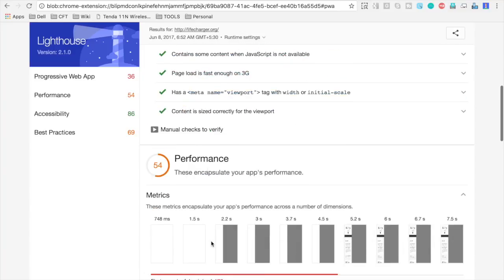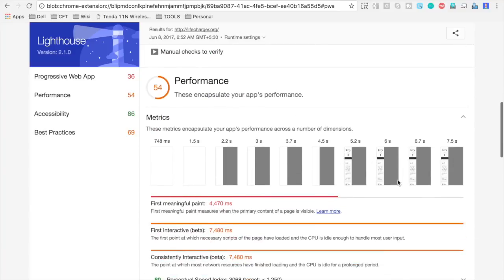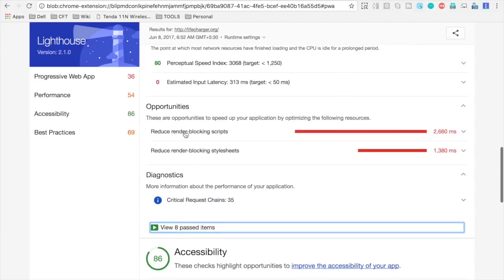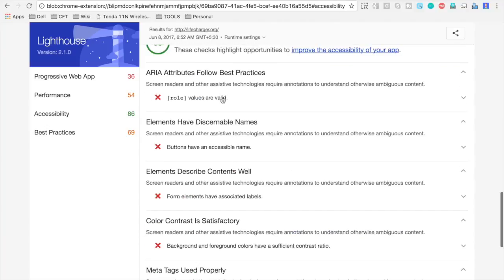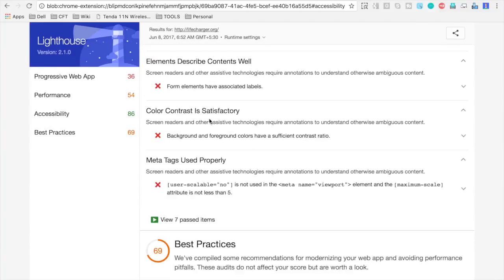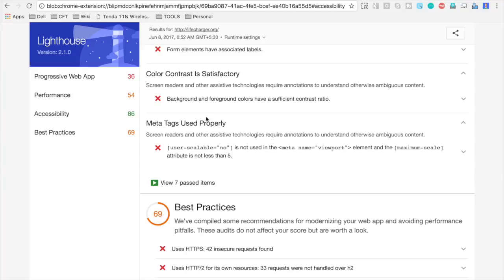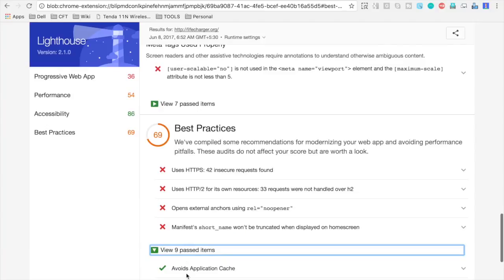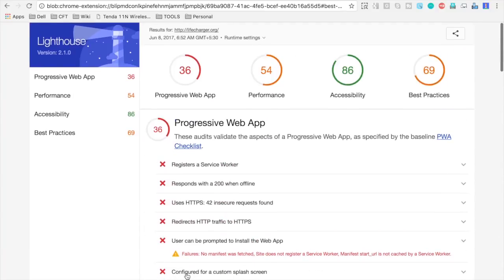Similarly, if I go to performance, I can get really good metrics on my website, and there are some really in-depth analysis and pointers. So whether you are testing your website or even if you're developing your website, all this data will be very useful. And similarly, if I go to accessibility, all these attributes you can see what is pass, what is fail, and what all you need to do to improve the quality and performance of your web app. And then the best practices, again we have some failed and some passed checklist. So this is going to be very useful.